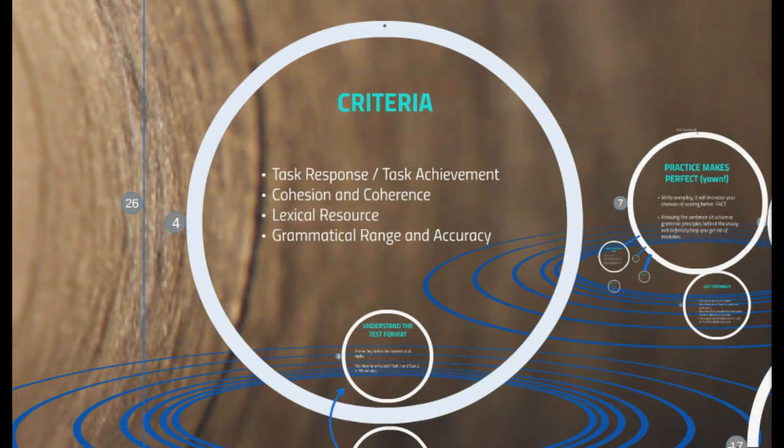I almost forgot, grammatical range and accuracy. This is perhaps the most important point, because if you cannot write a grammatically correct sentence, then the examiner is not going to be able to read your essay, is not going to be able to understand it, so it's going to be almost impossible for them to evaluate whether